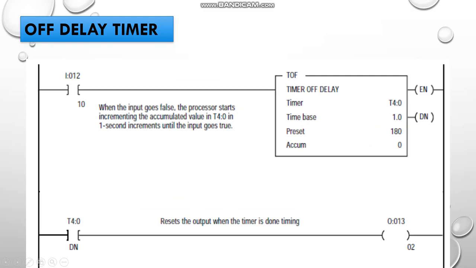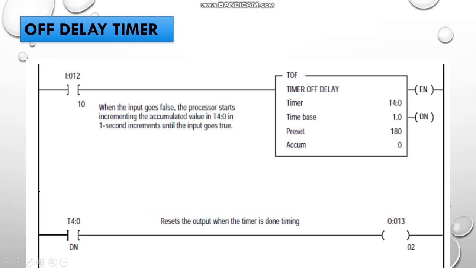You can see the diagram here. You have an output device connected at this part, and you have the input. As soon as the switch gets started, your timer will be in the zero state only, so both the enable bit and the done bit get energized. Once the done bit is energized, the output device is automatically on because you have connected your done bit to the output device.